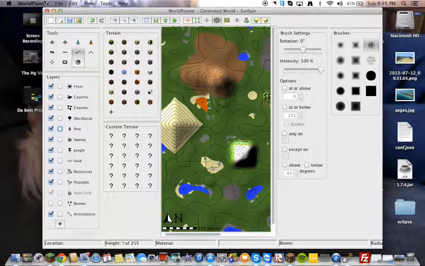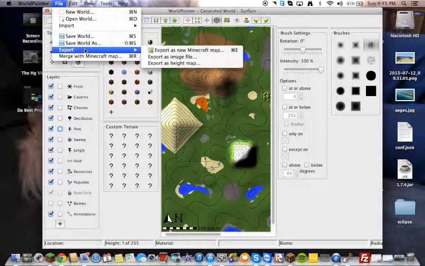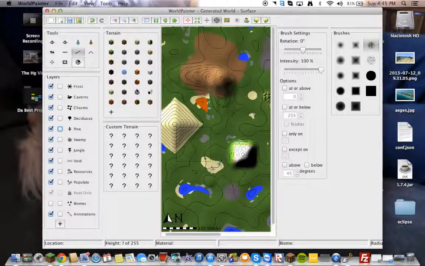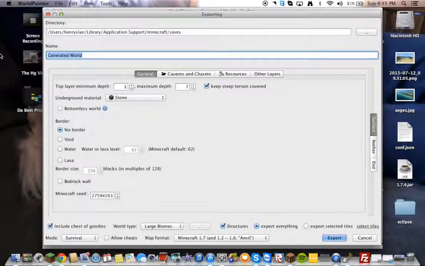Yeah, and then all you need to do is export it, File, Export. Export as a new Minecraft map, or Command E. You can customize all this stuff. You can make the name different. Don't change the directory. Don't change that, but I'll say,